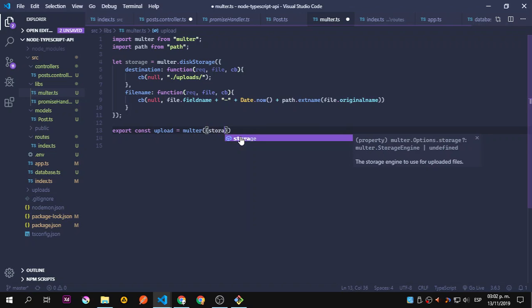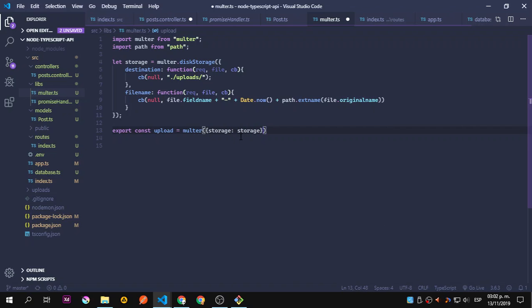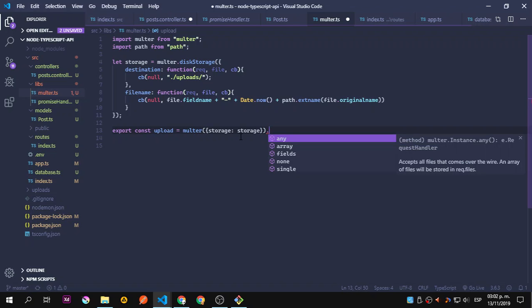Okay, so storage, we need to define the storage,